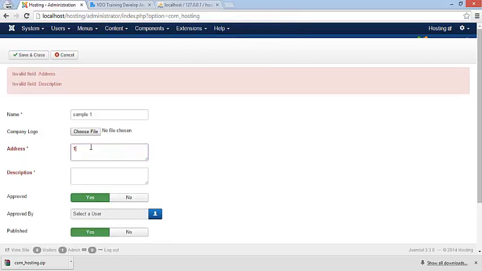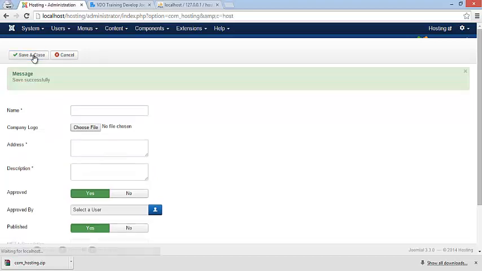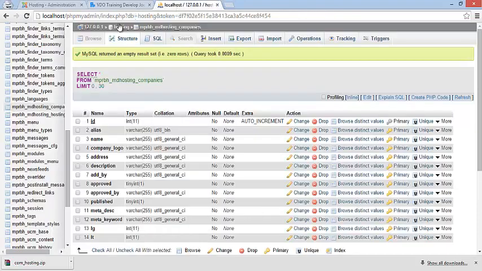So 184 USA, 192 USA, and sample database save. So save successfully. Let's check this on our database.